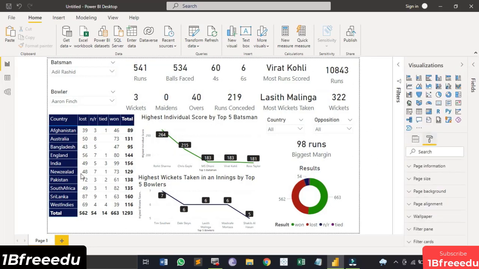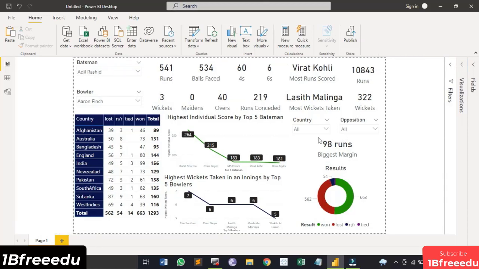Now if none of your visualizations are selected, then this visualizations tab will give you the liberty to work with a page, like a page background or a page wallpaper. So if you go to this page background, here you can select any color or add any kind of an image. So you can download any image from the internet and use it as a background and also control its transparency. I'm not going to do that because I'm happy with the way it is looking.